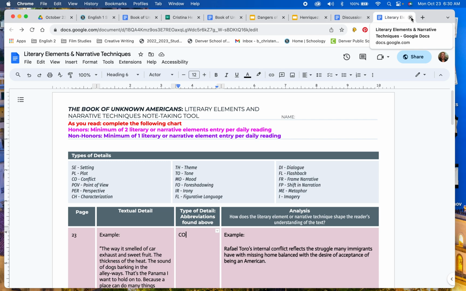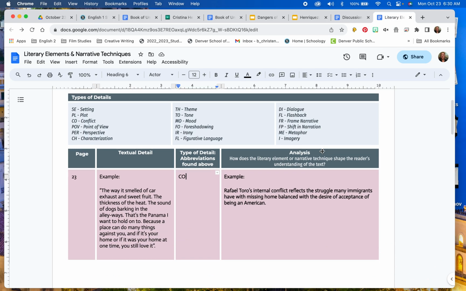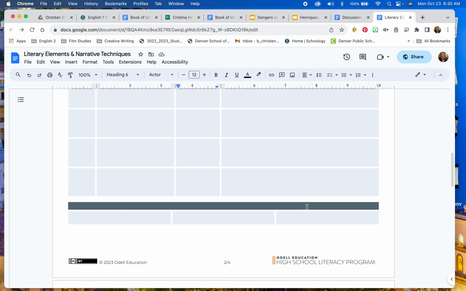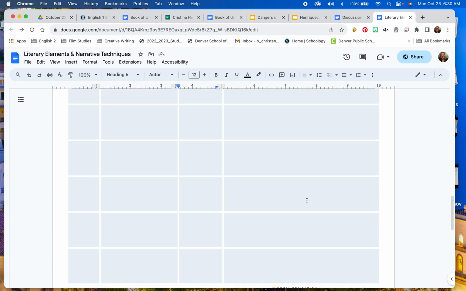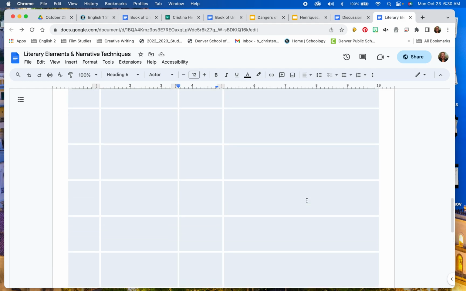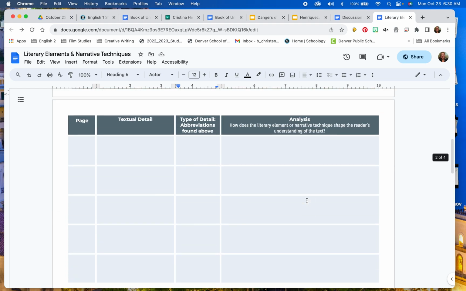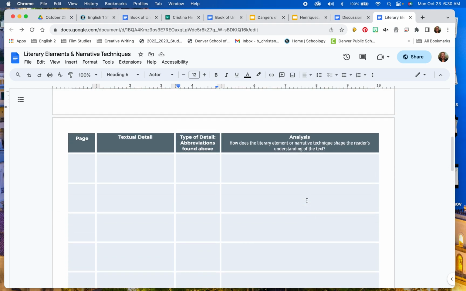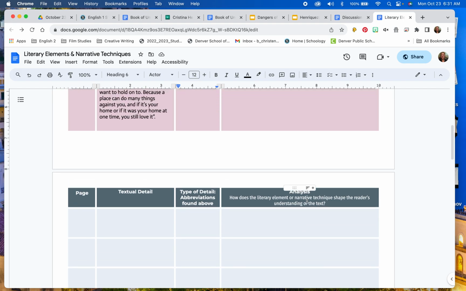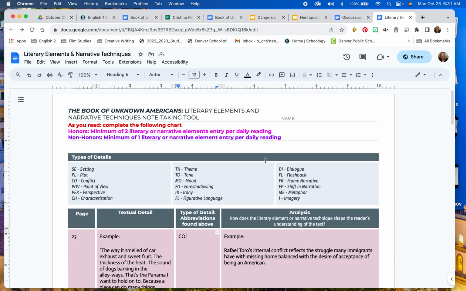The first one will be due, and that's for the first 140 pages or so of the novel. So just keep that in mind, that it is something you're going to keep working with every single day. And if you need to add rows, you can. I don't have this set up with a specific number of rows based on how many pieces of evidence you need to find, but just remember you can add as many rows as you need.